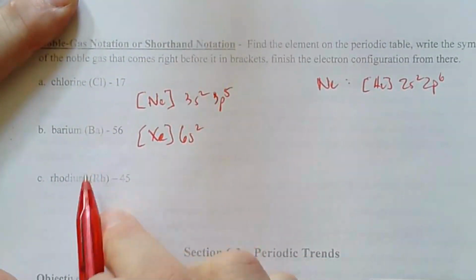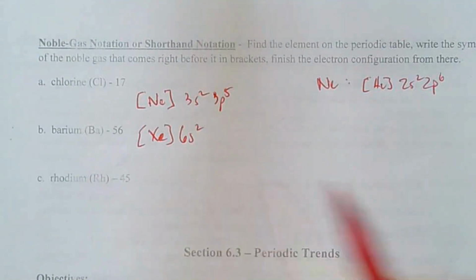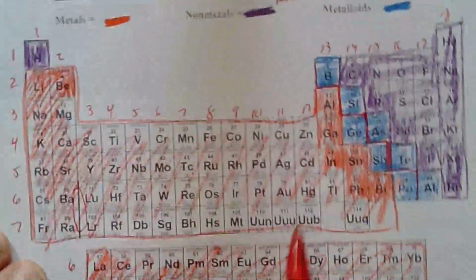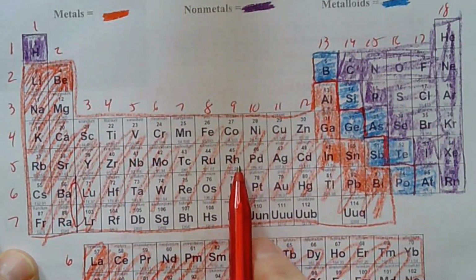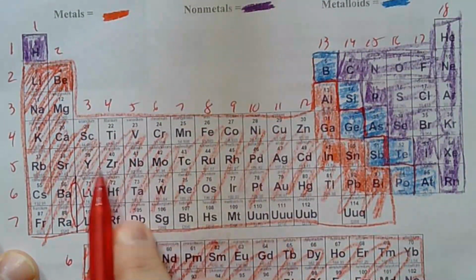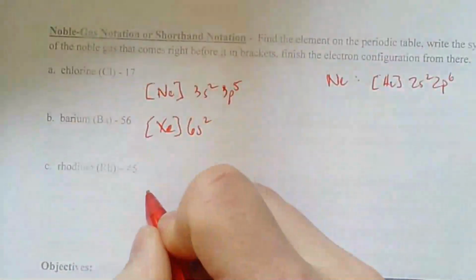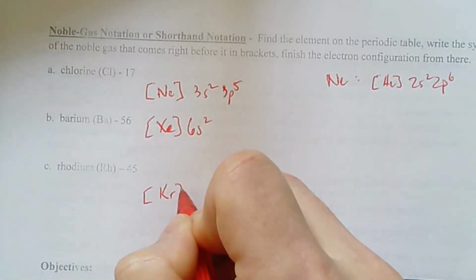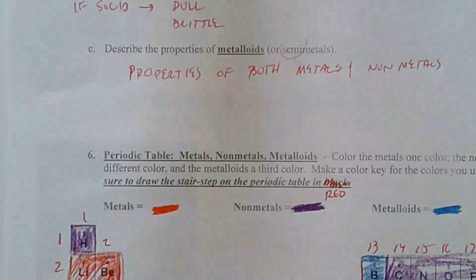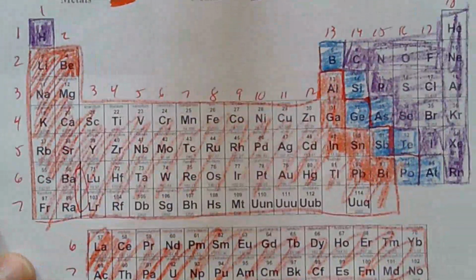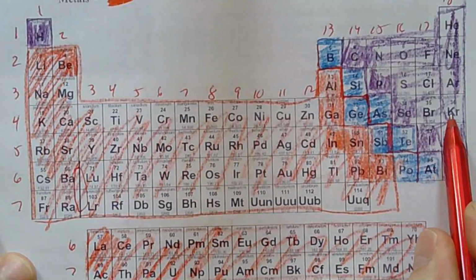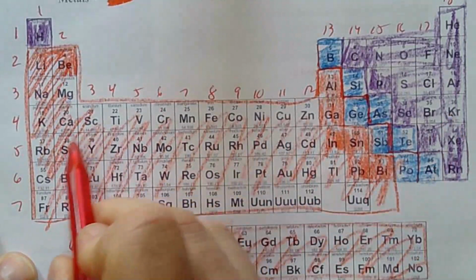Last example here we have is rhodium. This is rhodium. So it's right here in the D block. So all we need to do is go find the last noble gas, which in this case would be krypton, and fill in everything past krypton until we get to rhodium. So krypton is filling 4p6. We just have to add